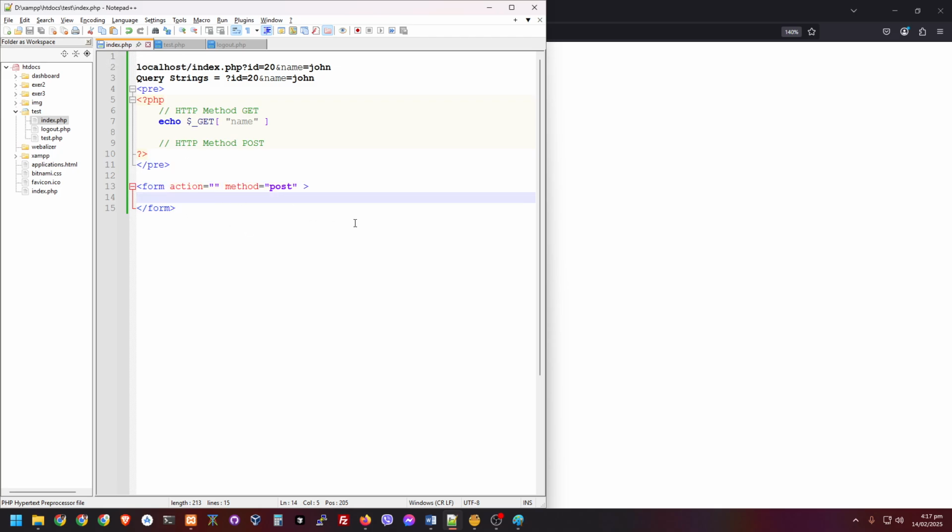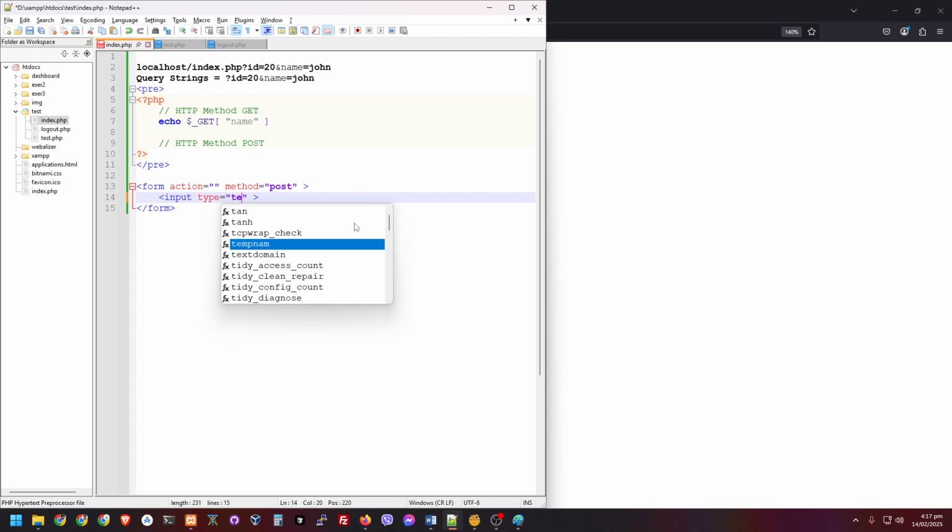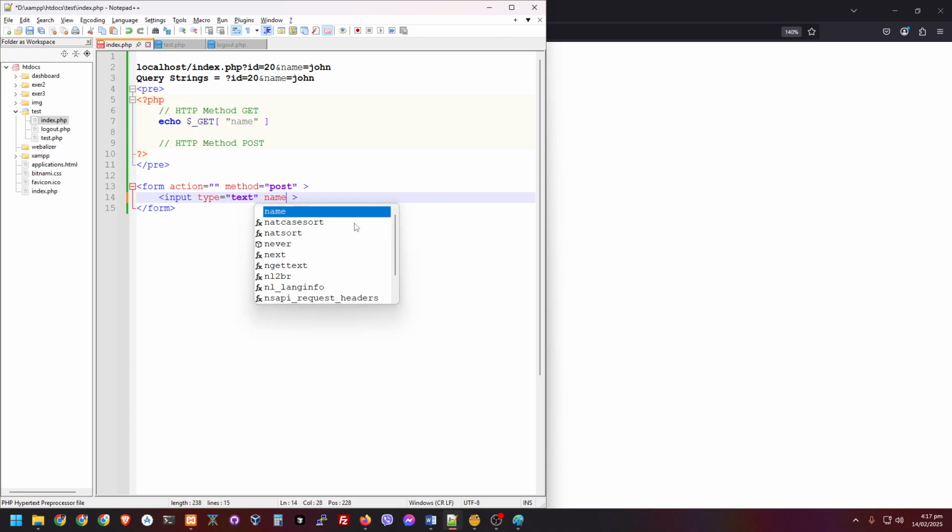So in HTML we do have an input and a type. A type can be a text field, a checkbox, radio box, and so on. So we could simply put here text, and the name is very important. Again, this will be what we are going to use as an associative index. So this time, let's say last name,